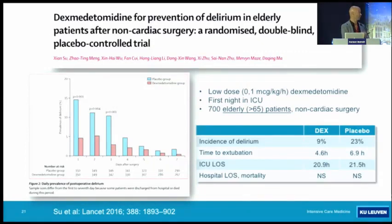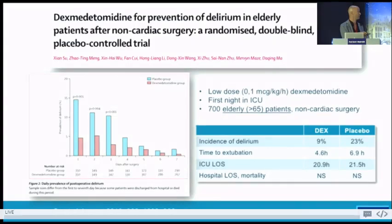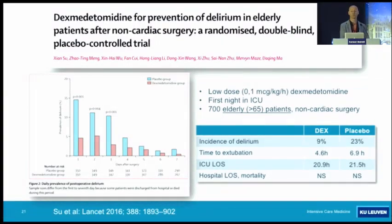There are two recent studies. One study on dexmedetomidine in elderly cardiac surgery patients where they gave prophylactic dexmedetomidine, so they were not delirious, prophylactic during the first night in ICU. And you can see that in the first 3 days there was a significant reduction in delirium. There was less incidence of delirium in the DEX group. They were extubated faster. The ICU length of stay was statistically significant, but clinically not, and no effect on other